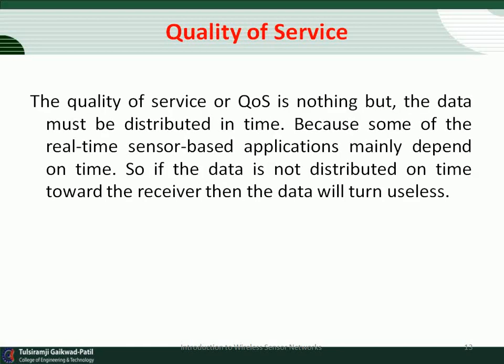The quality of service, or QoS, is nothing but that the data must be delivered in time. It means that it should be delivered within the time period. There are some real-time sensor applications that are based on time. That is, if data is not delivered on time to the receiver from the moment it is sensed, data will become useless. So there are various quality of service issues in sensor networks, such as network topology,